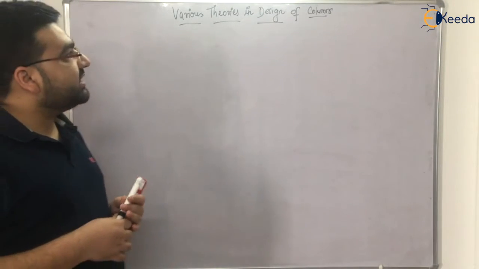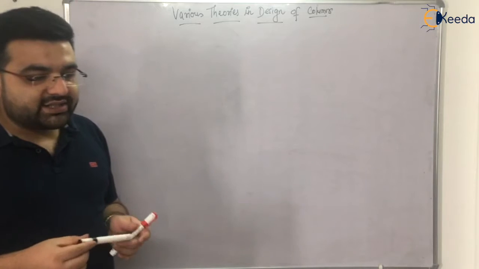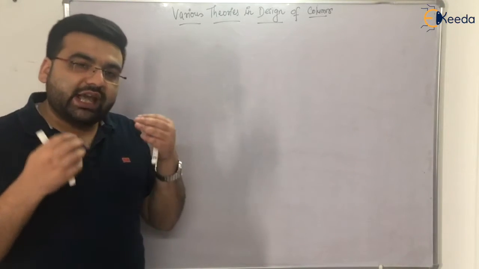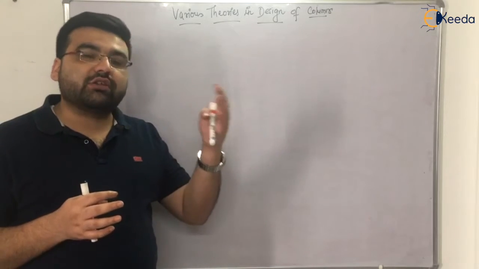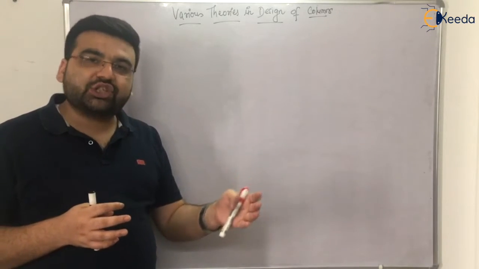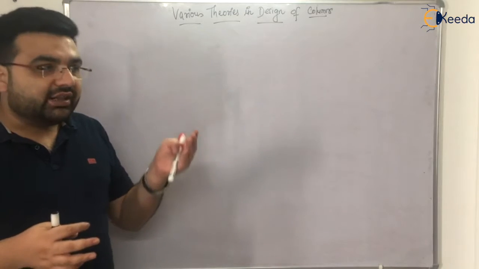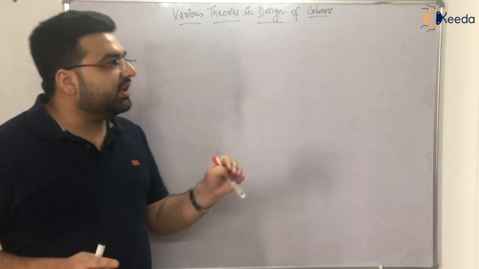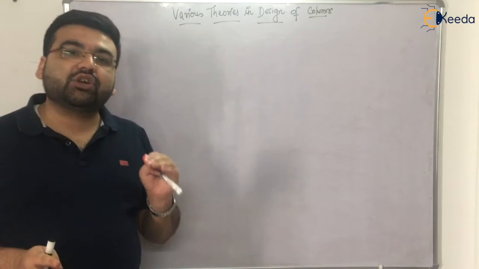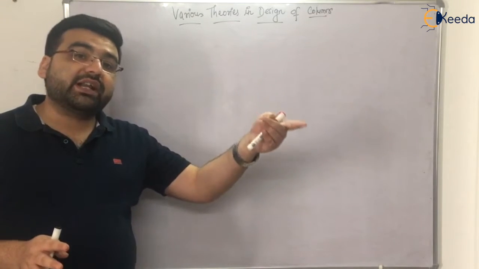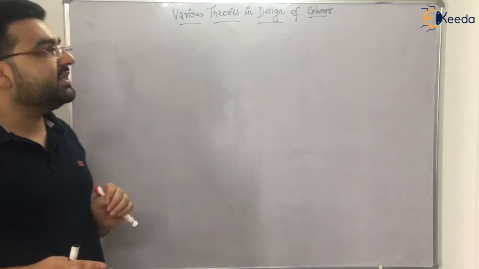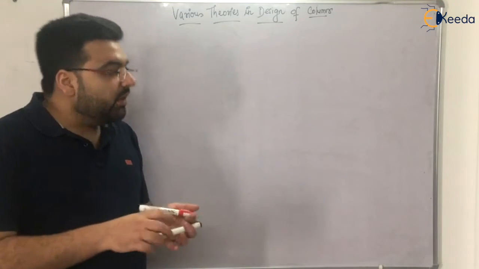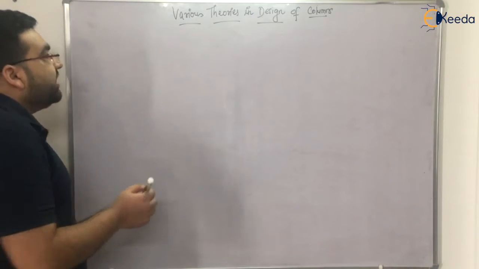So, various theories in design of columns. Students who think that they have already studied columns in strength of materials, as per Euler's theory and Rankine's theory, and that that is more than enough, that is totally incorrect, because we are designing RCC columns. Clear? That was strength of materials. This is RCC, right? So in RCC, the Bible is IS 456:2000. Clear? So while designing columns, we have three theories.